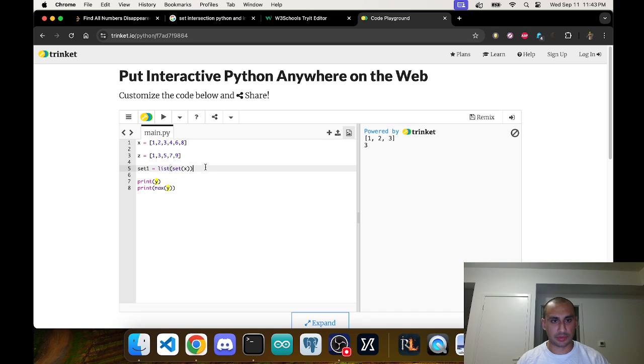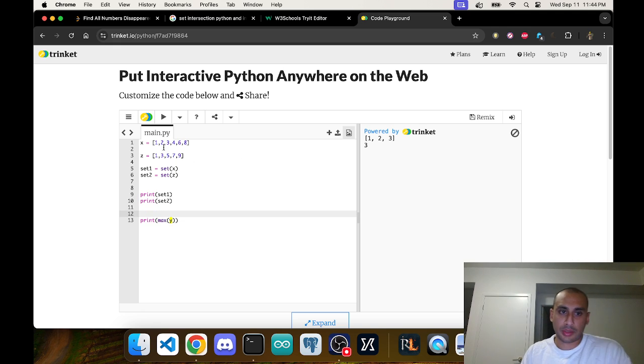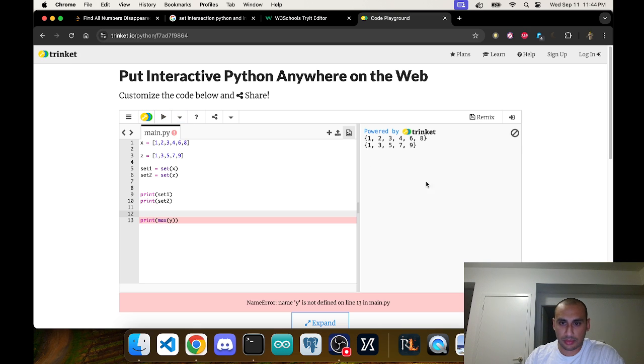So set1 equals set x, and set2 equals set y. Now set z. Okay, so set1 and set2. So then I'm going to print set1, print set2. So I want to observe what's going on first. So you have these two sets. Then I want to print